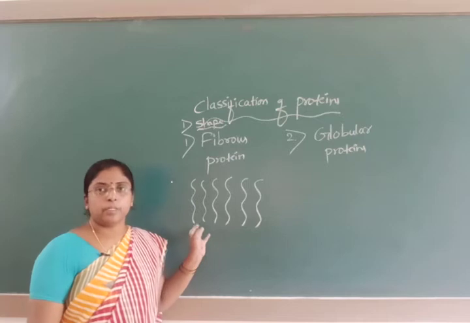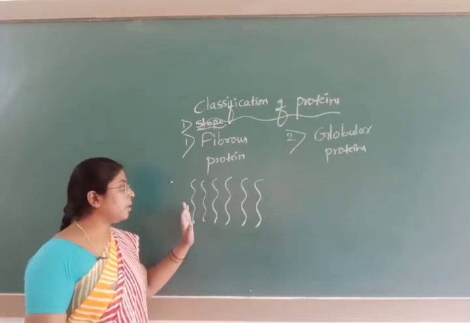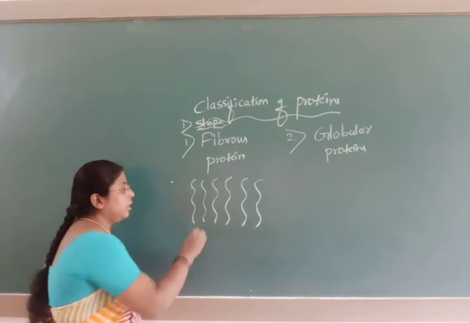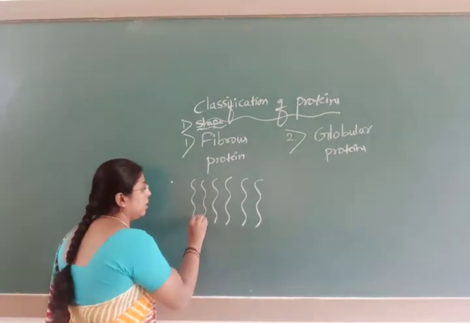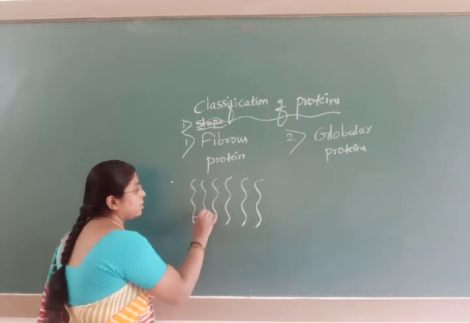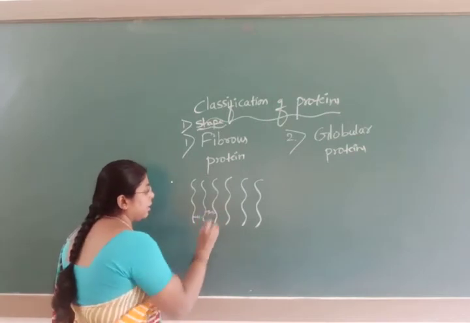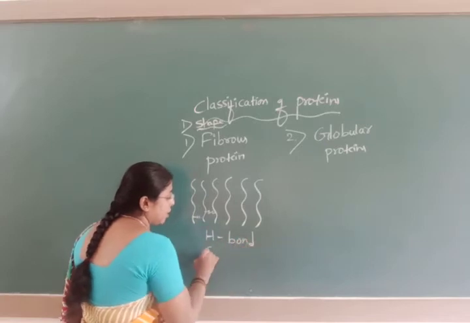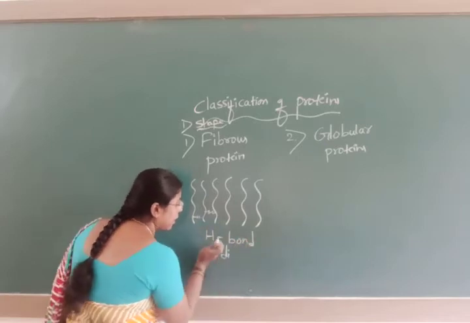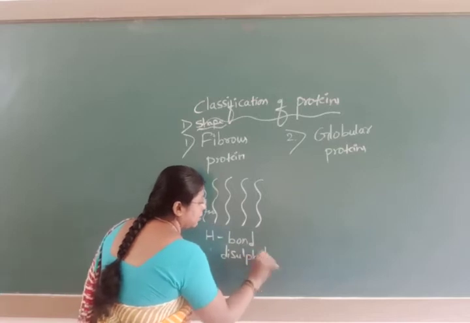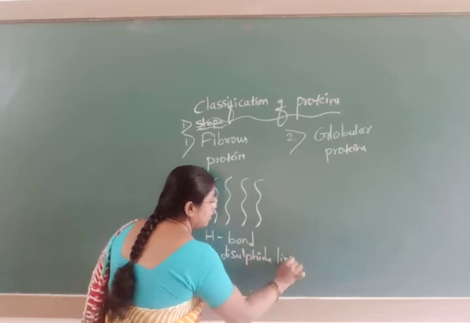The polypeptides are parallel with each other and are linked by hydrogen bonds as well as disulfide linkages. In the exam you get for 1 mark: